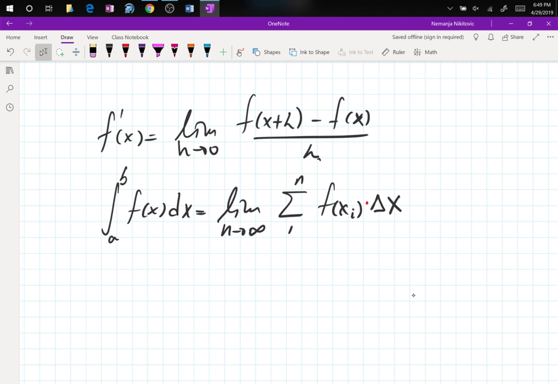In terms of concepts, the derivative formula on top is calculating rate of change, and the integral on the bottom is calculating accumulation. And they work differently. Now, you will have a lecture on this in Calc 2, but just for the sake of those not going to Calc 2,